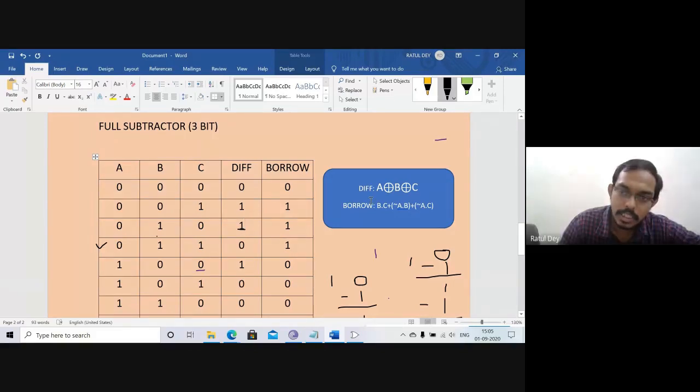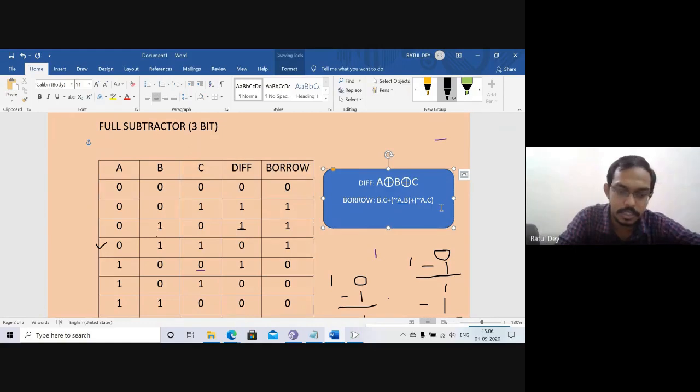No, no, actually XOR means nothing but, if someone writes A XOR B, I will just explain it with you. A XOR B is nothing but not of A dot B plus A dot not of B. So the XOR expression is something like that.